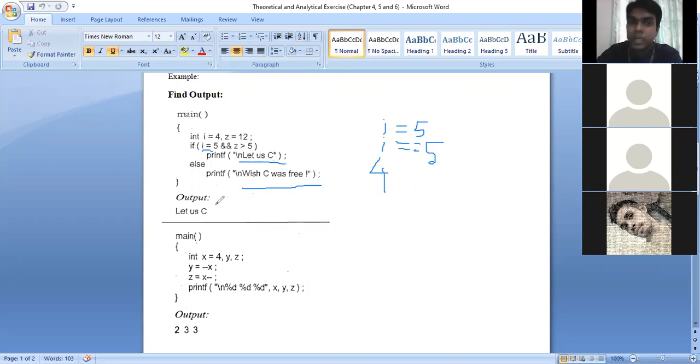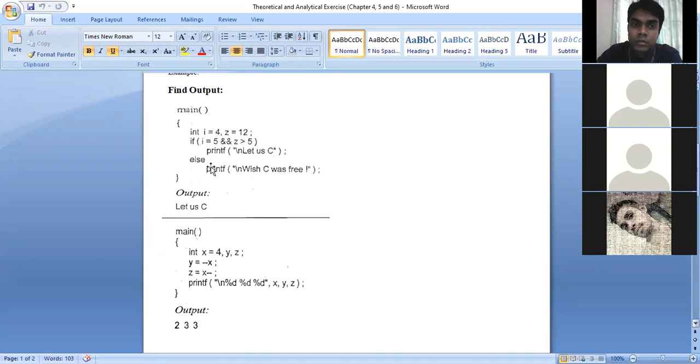Yes, sir. Now be very careful. Sir, here I is equal to 5, I is equal to 6, any value can be taken, right? You can give any value, no problem. So the initial value I is equal to 4, it will override the previous value.